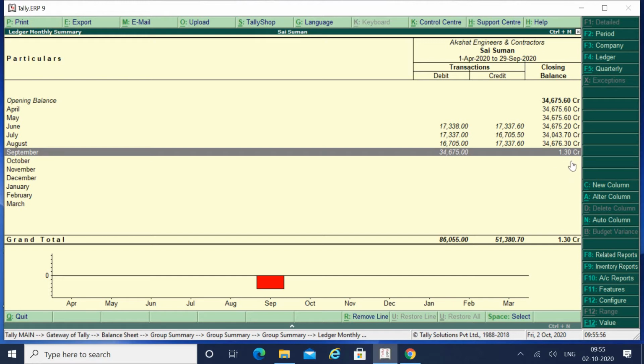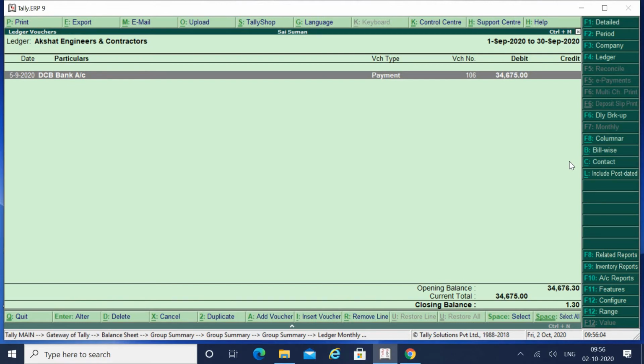So what steps will I use for this 1.30 rupees? Then what you have to do, just simply press enter. First check your creditors for where some minor amount, 10-20 rupees, can be adjusted. So 10-20 rupees is adjustable from both sides. Even your supplier will understand, let's give him a discount of 20 rupees. Why ask him for 1.30 rupees or 20 rupees?